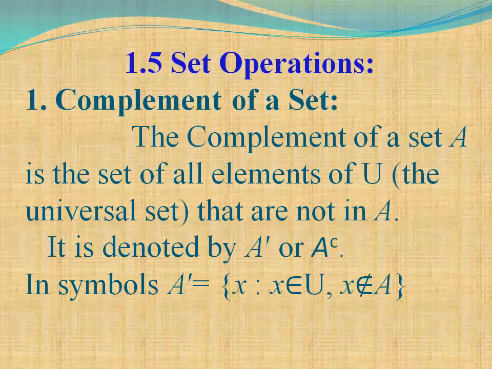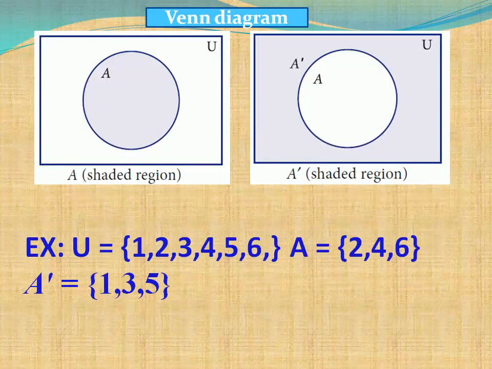I will give you a clear explanation using a Venn diagram and an example next. Here, see the Venn diagram. Inside the universal set you have the set A. I already told you using some examples: our school is the universal set, and in that, one class is a subset. Here the universal set is given, and inside it the set A is given.